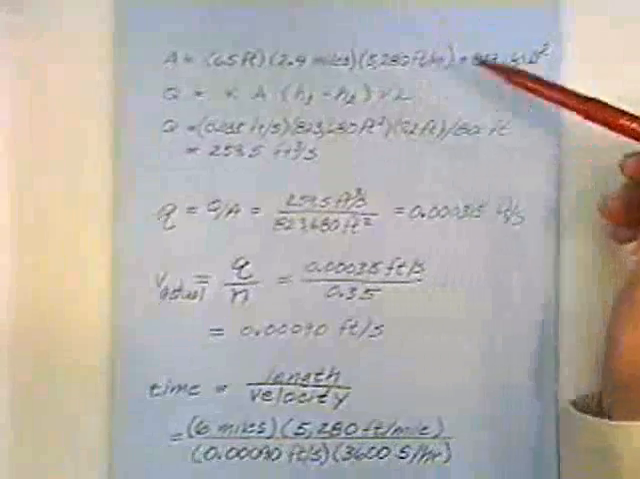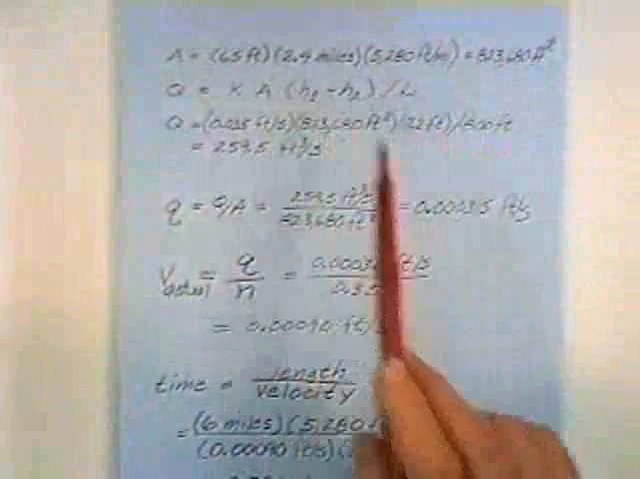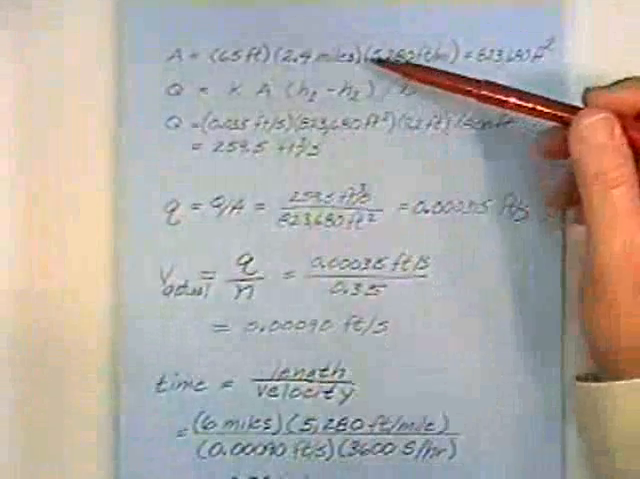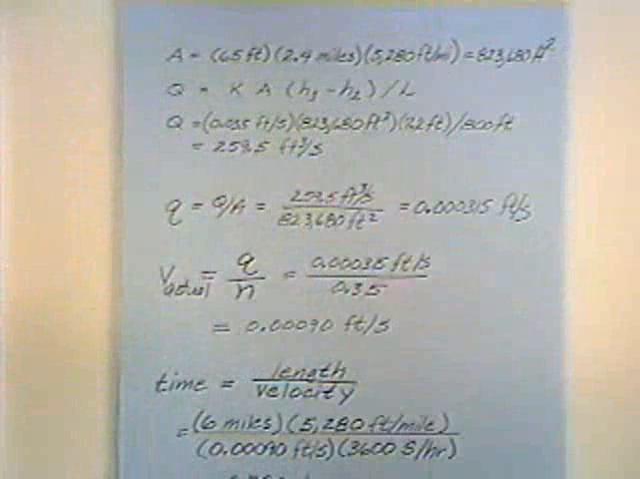Okay, plug into Darcy's Law again. This time we know the hydraulic conductivity. This time, like the last time, we know the hydraulic gradient, H1 minus H2. Well, the area, we need to compute the area, and the water is flowing from a